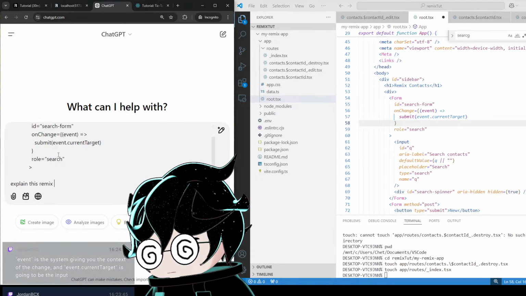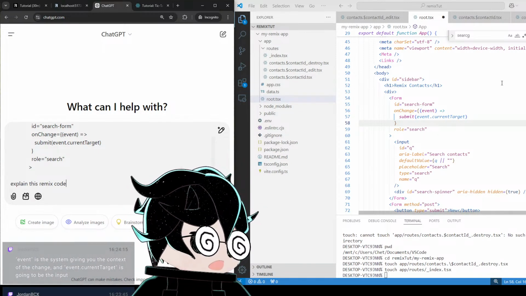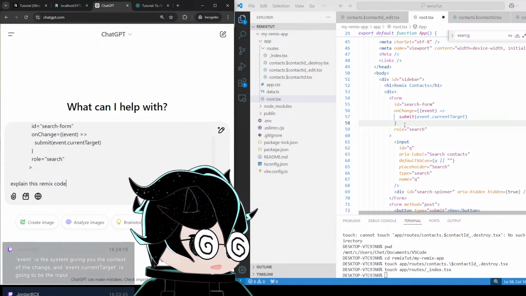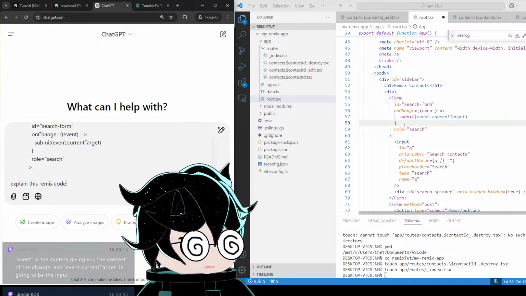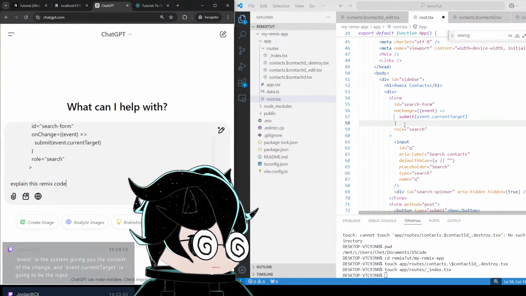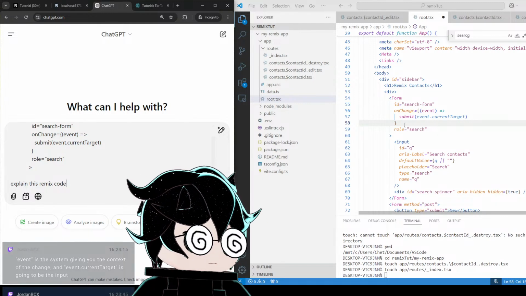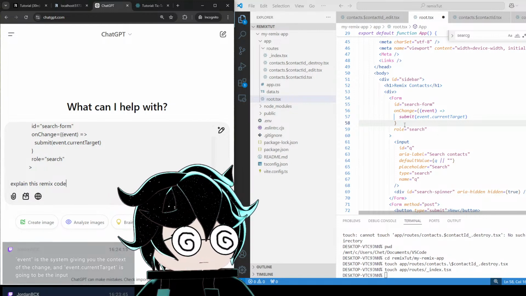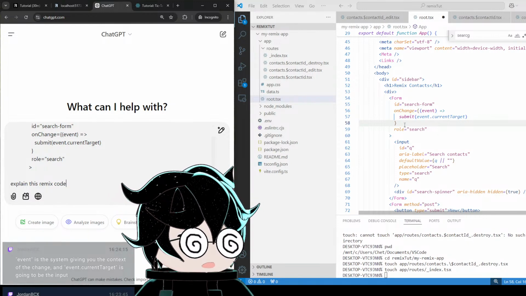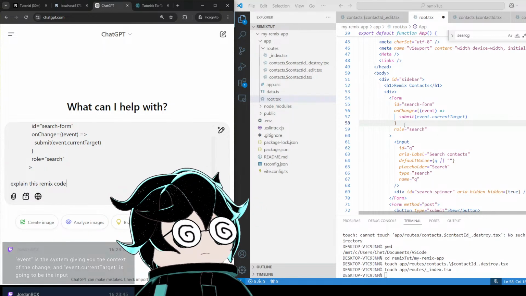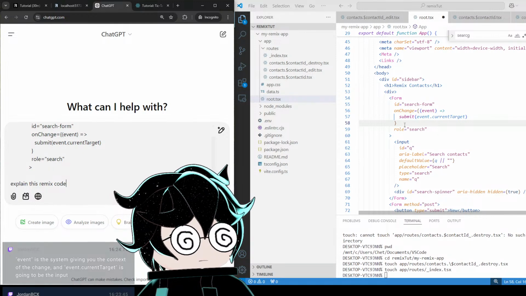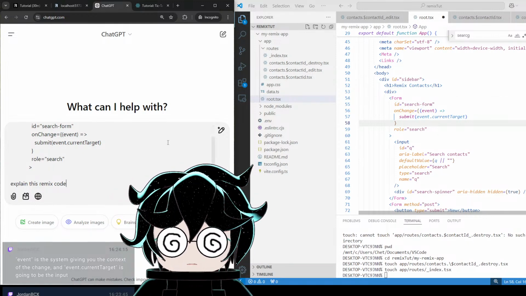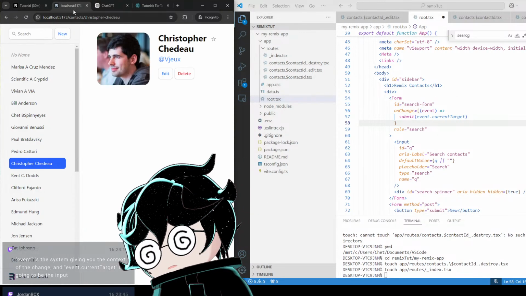Event is the system giving you the context of the change, and event.currentTarget is going to be the input. Okay, there's no need for ChatGPT then. Okay, thanks,